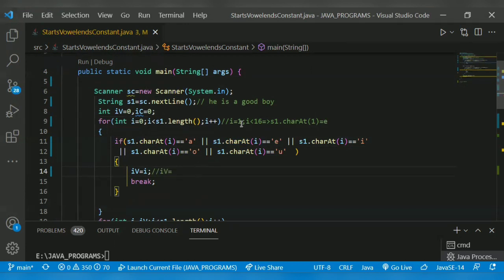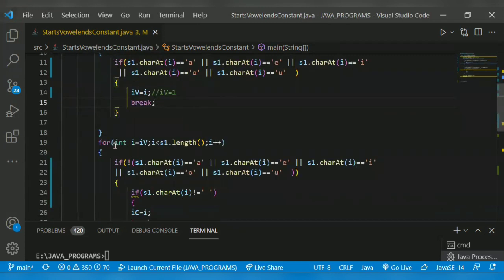The index of E is 1, so iv is 1. Then it will break, because we found the starting position of the vowel, and we do not want to iterate the loop any further. So we break and come outside the loop.